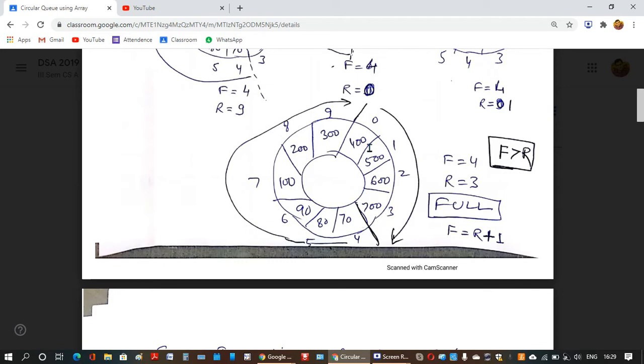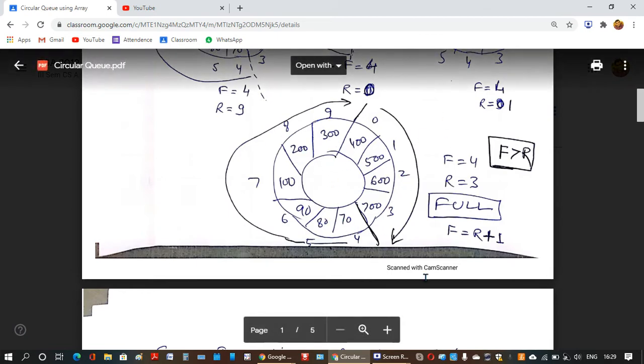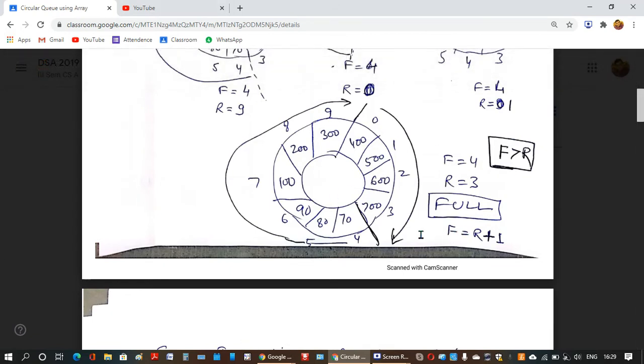But now it is again a situation where all the elements are full in the queue and there is no space available. So if I want to insert one more element, I won't be able to insert, and that means it is an overflow condition. So whenever there is the condition F equals R plus 1, meaning F is greater than R, Q has been rotated.